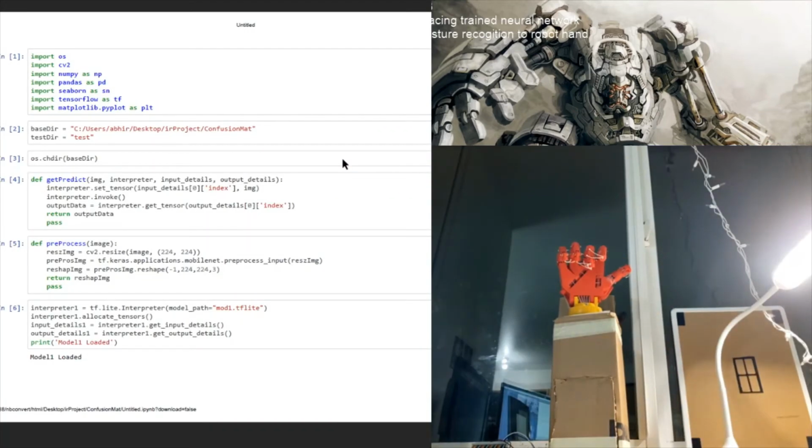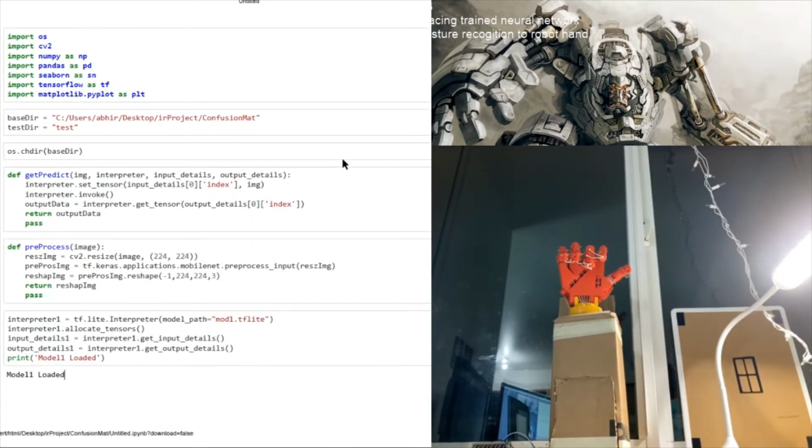I used a Jupyter notebook to create a confusion matrix. Jupyter notebook is just an extension of Python. It is a bit easier, and we can test all the steps properly. Similarly, we used all these OpenCV and TensorFlow libraries.